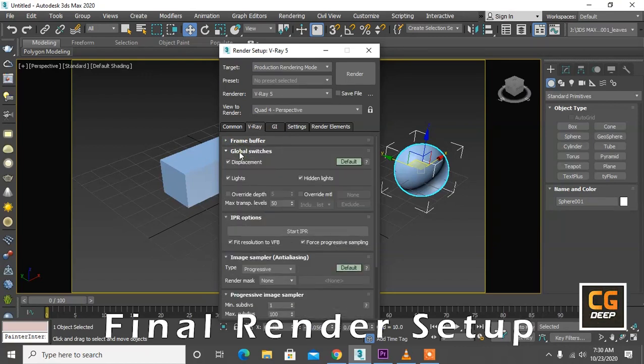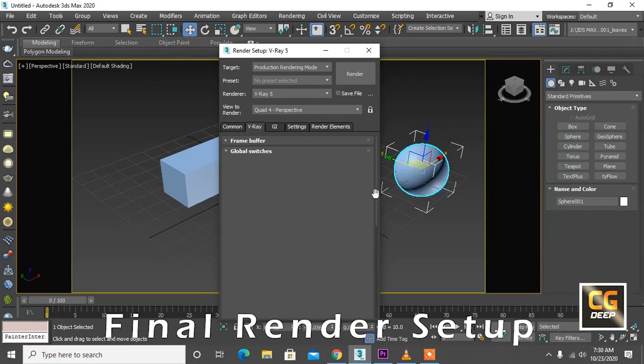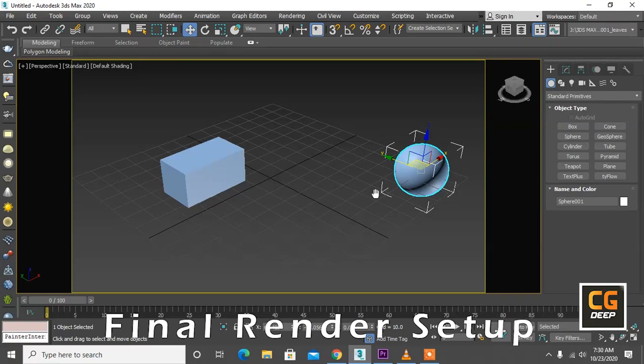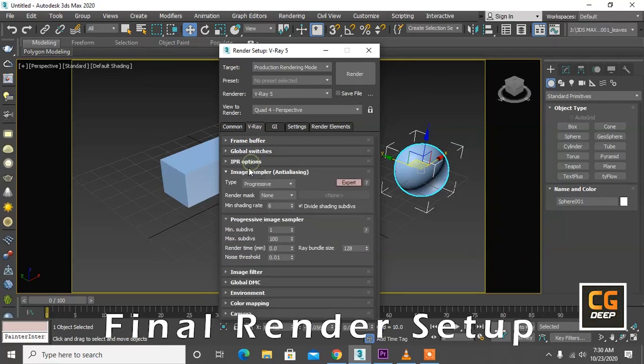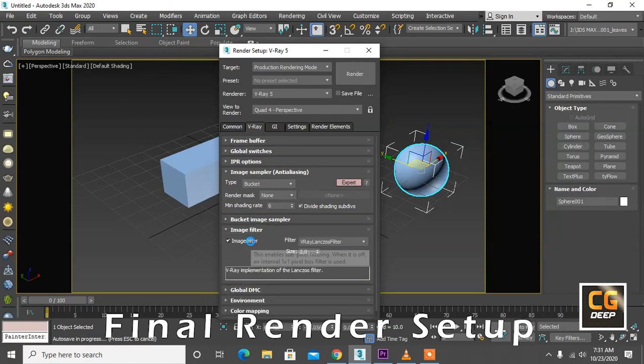Good. Global switches, right click on default and select all export. After it I will select full elevation lights. And image sampler, select bucket and 1 by 10. Good. And image filter, yes, enable image filter and select Catmull-Rom.